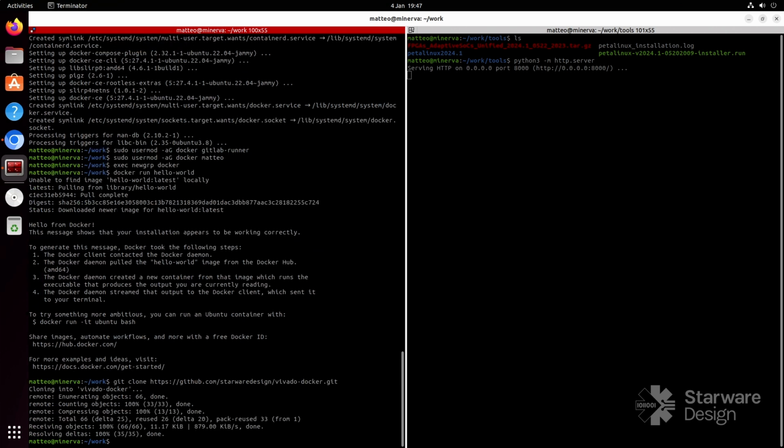This is a fork of an existing Vivado Docker image with a few customizations to run a recent version of Vivado and to install Petalinux. If you're planning to use Vivado Standard Edition, you don't need a license file. If a license file is present in the Vivado Docker directory, it will be copied inside the Docker image. The file